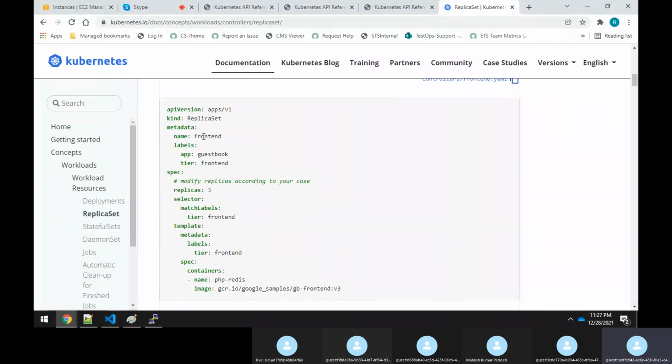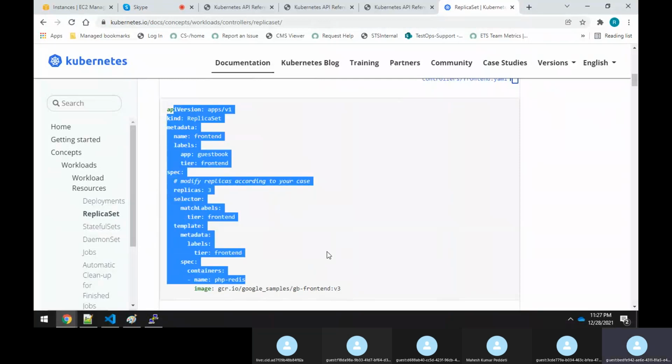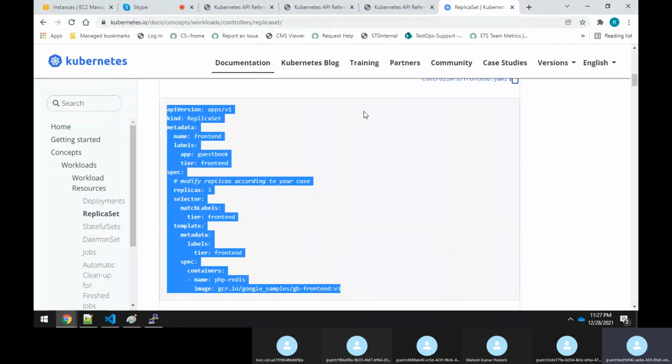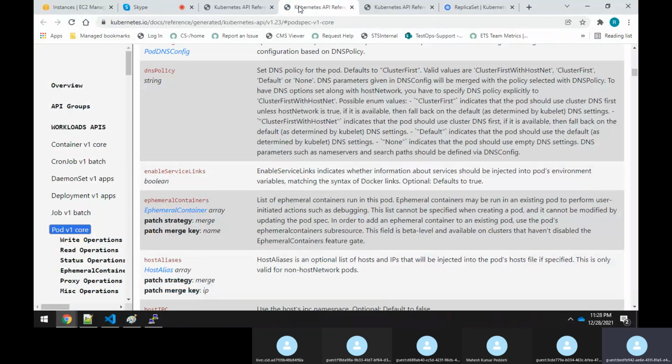So our intention is not to go through copy paste examples, but rather to write our own YAML file. We have to only know that I want to create a replica set, kind of replica set, and how I can write it down. I can easily write my own YAML files. That is the intention. This is the best way to learn Kubernetes, sir. No other way actually. You have to go through the reference itself. Okay.